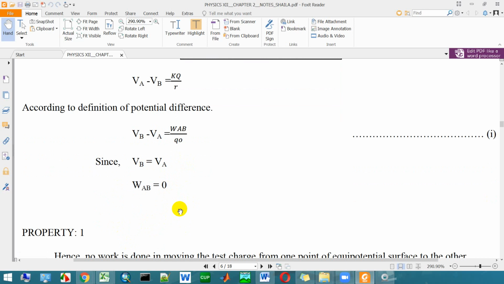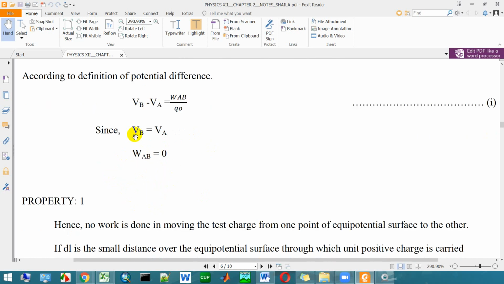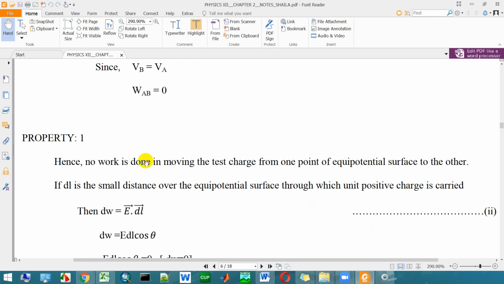So from this we conclude the first property for an equipotential surface. It's a very, very important property which you can get for 1 mark in any form. Means you need to understand the question. When the potential at the points is the same and the points are at equal distance from the source charge, work done to take the charge from one point to the other point is equal to 0. So the first property says no work is done in moving the test charge from one point of an equipotential surface